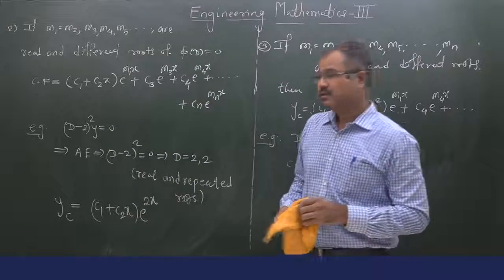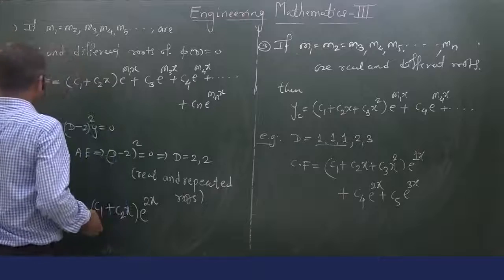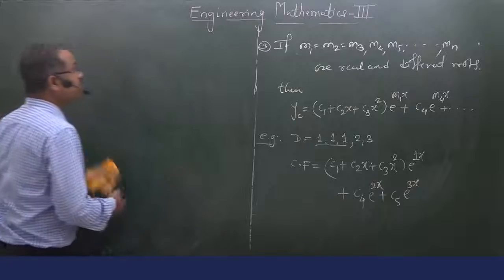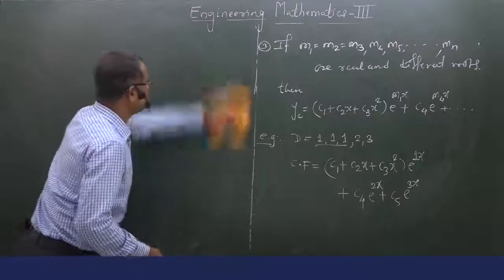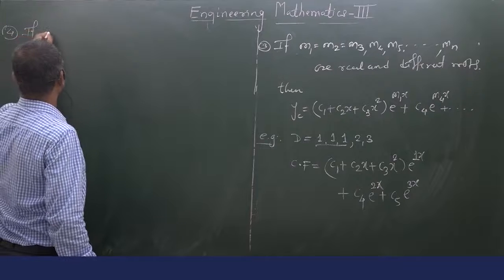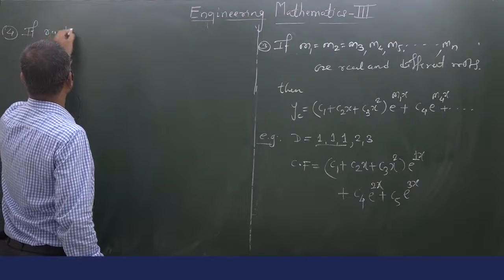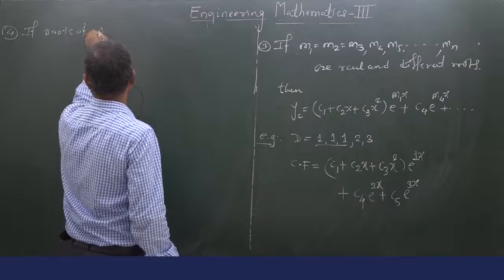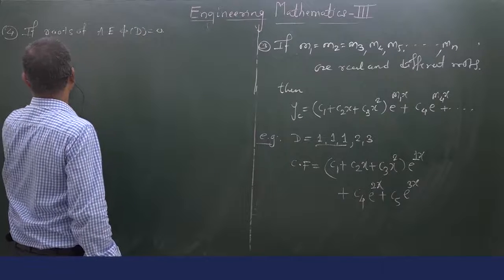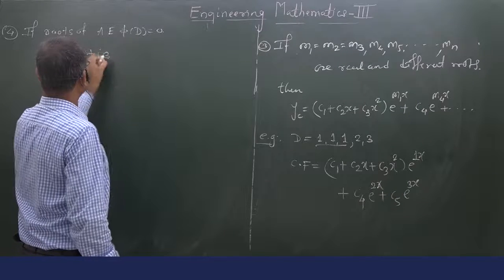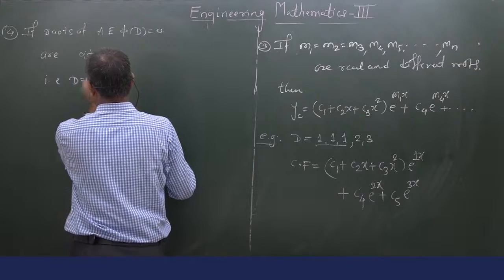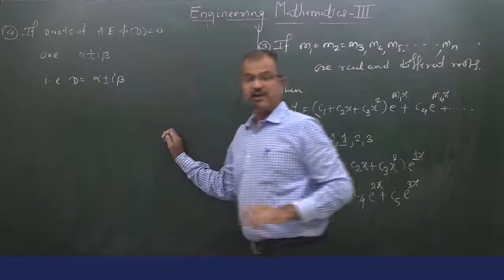Now the next case is, if the roots of the auxiliary equation are in terms of complex numbers. Case 4: if the roots of the auxiliary equation phi of D equal to 0 are alpha plus minus i beta, that is, D is equal to alpha plus minus i beta. If the roots are in terms of complex numbers,